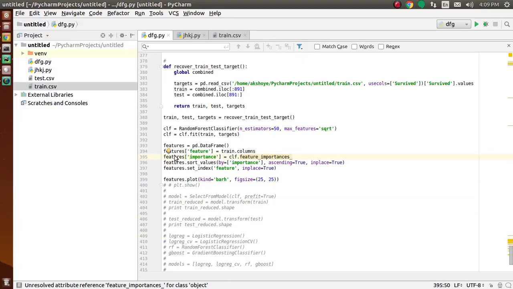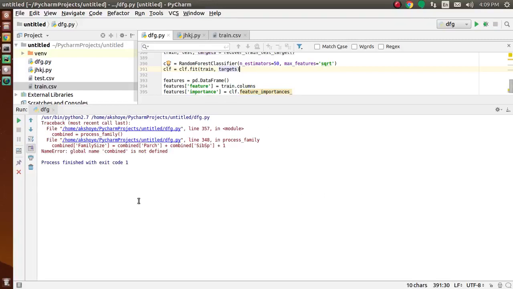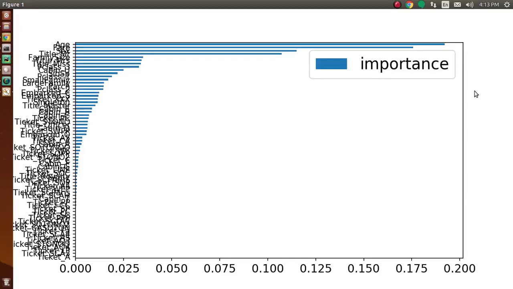Here we select only the highly important features, and we can see that different features have different importance. Very important features are title, age, fare and sex, and there is also an important correlation with the passenger ID. Let's now transform our train set and test set into a more compact data set.